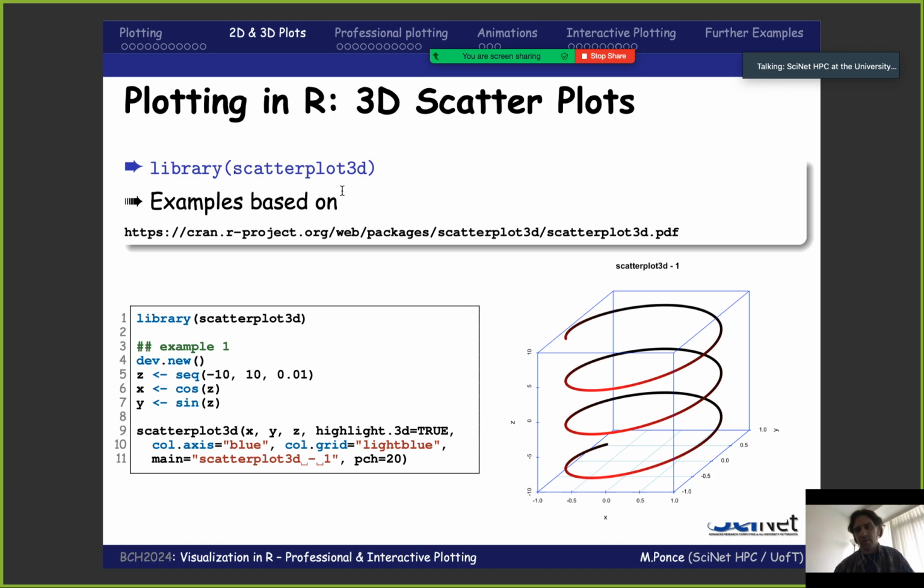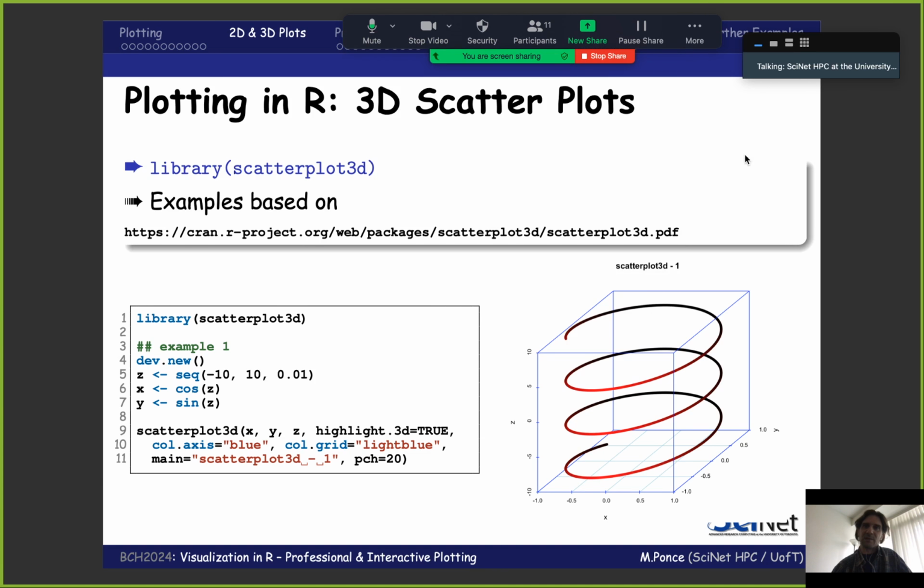There is another one that is super neat because it allows you to do interactions. It's called RGL. I usually don't include that because it has some tight dependencies with hardware, meaning that sometimes it requires OpenGL, which is a library that you have to install in your system. It's not an R library, it's a system library. And sometimes if you don't have that, it won't work, or if you don't have a powerful CPU, it won't work. But if you are able to install it, I strongly recommend it, because it allows you to do very nice things. In addition to that, Plotly, which we're going to see at the end of this series of slides, allows you to do some very cool 3D representation.